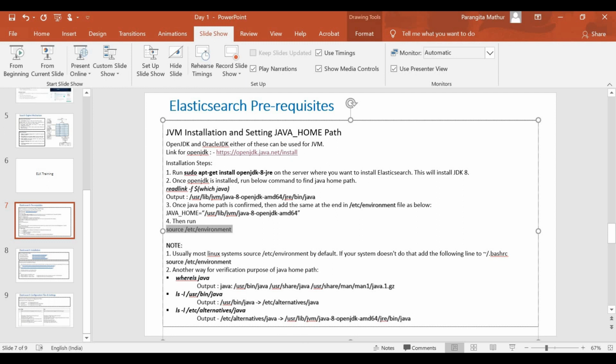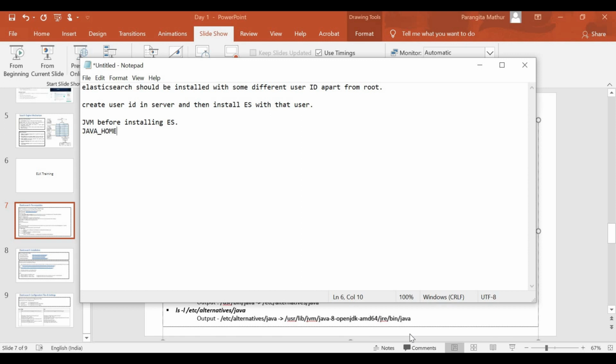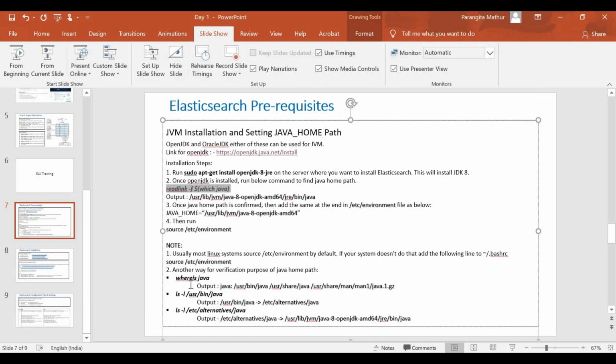Now this is one way, this particular readlink command, of determining the Java path that we need to set. There is some other way as well, a three-step process. First of all, there are two points that I want to discuss.